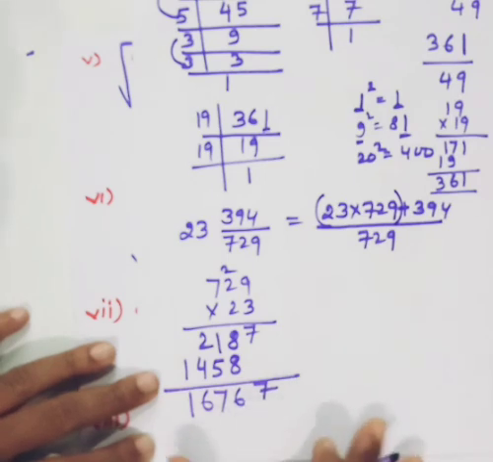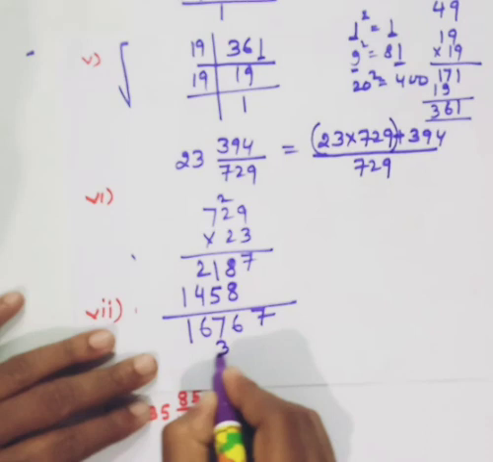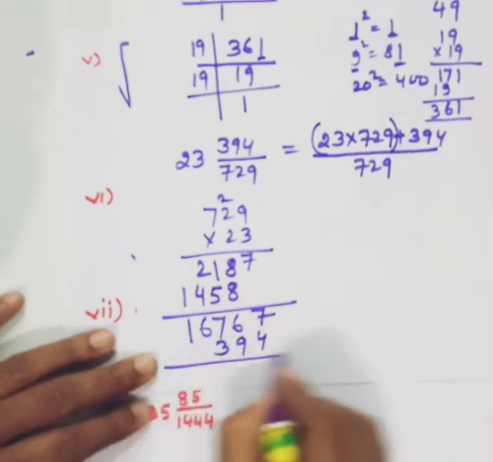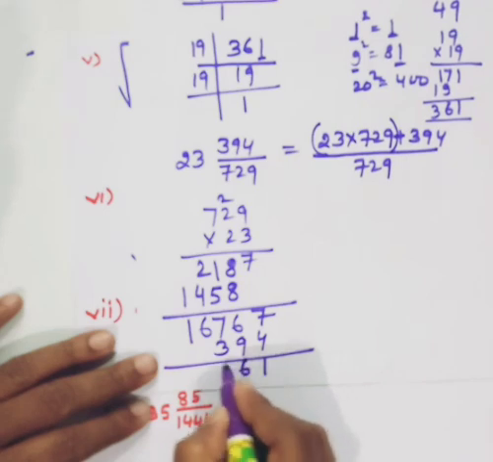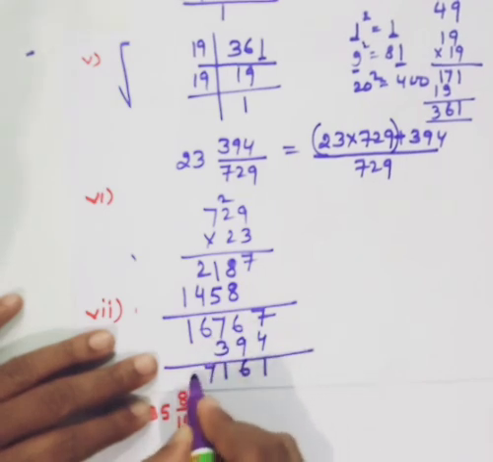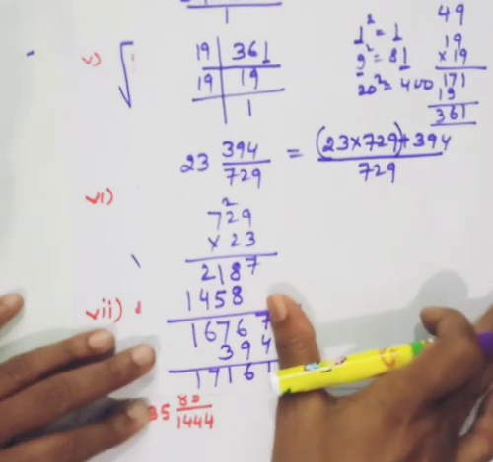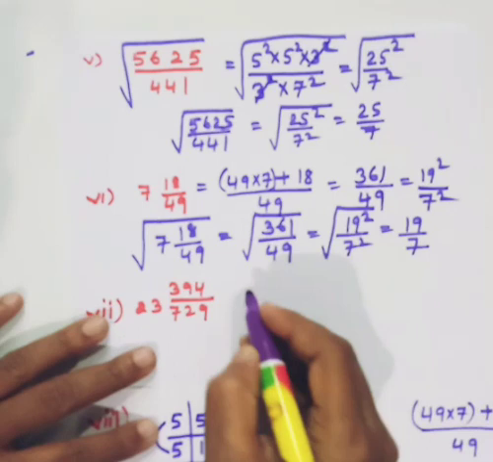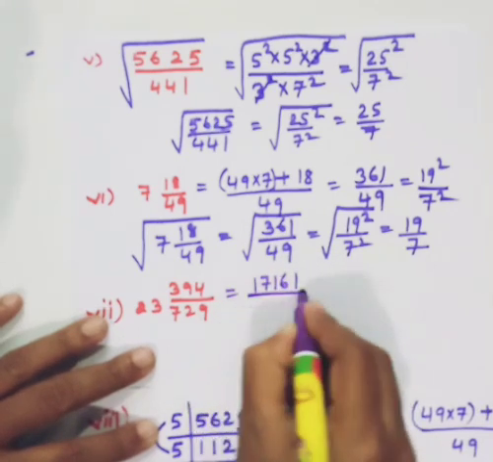Now 16767 plus how much? 394. See, 7 plus 4, 11. 1, 10 and 6, 16. 1, 10 and 1, 11. 1, 1, 7, 1. You are getting 17161. 17161 by